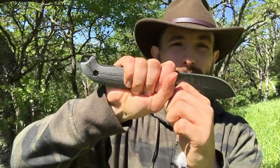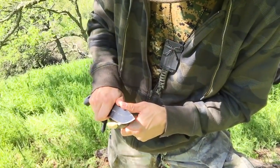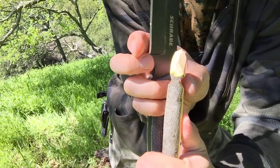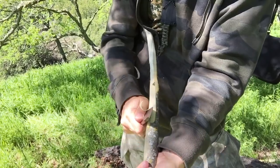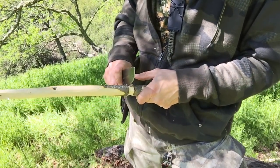And with the choil, I can do pretty much any task that I would do with small knives. It's not going to be that comfortable. Obviously, it's a big knife. There is always a little trade-off. There's always going to be something wrong with a big knife when it comes to small tasks. But I can do even the smallest task without feeling any pain or discomfort,